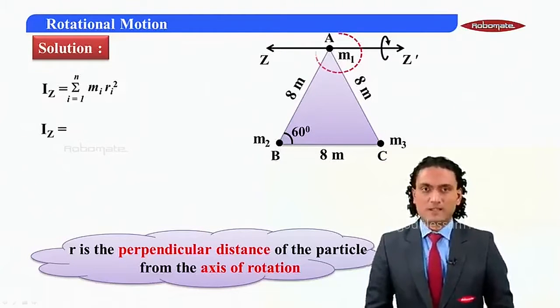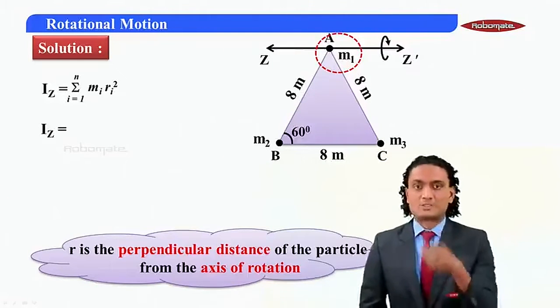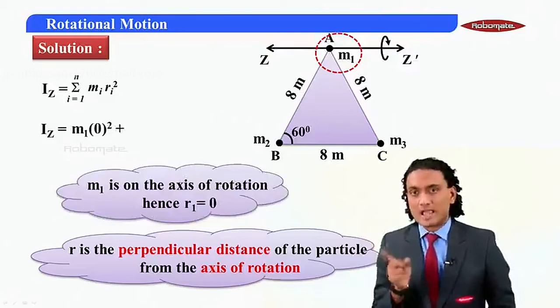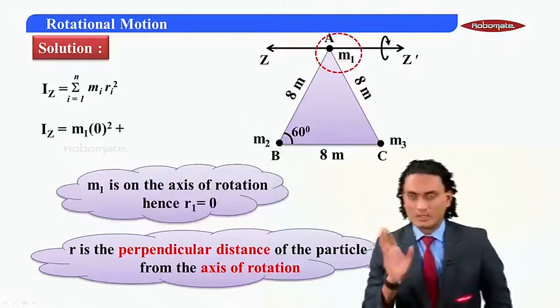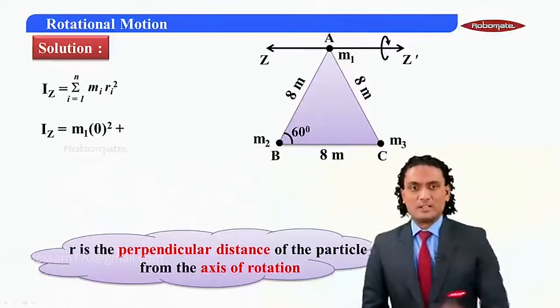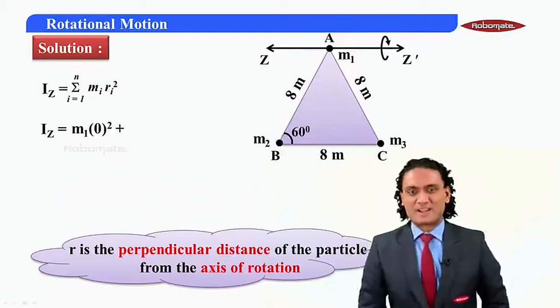Where is the first particle? The first particle is on the axis. So since the first particle is on the axis, we can say R1 is 0. Then Iz will be M1 into 0 square, plus. Now, where is the second particle and third particle? Yes, very good. Second particle is at a distance of 8 meter, third particle is at a distance of 8